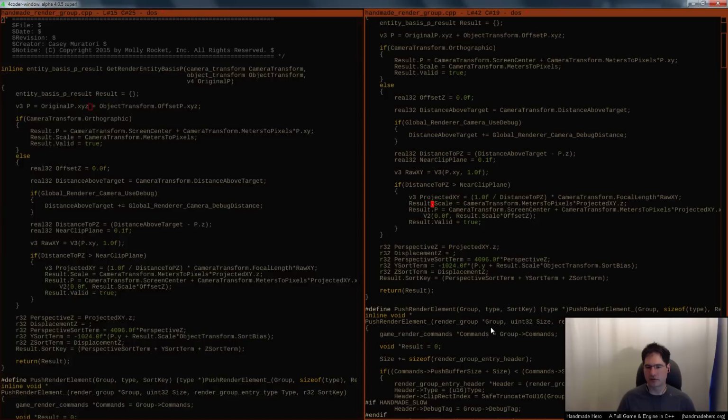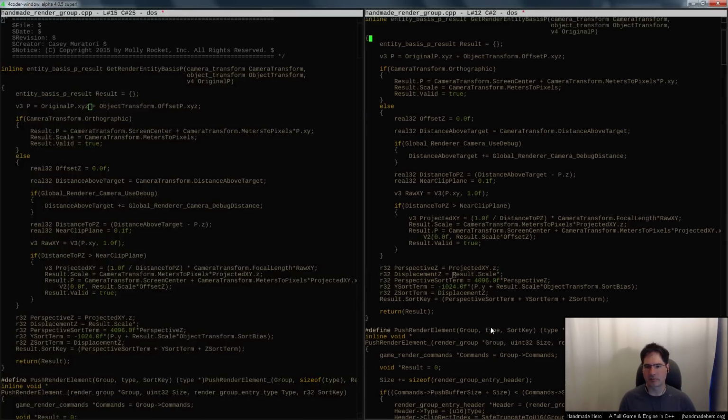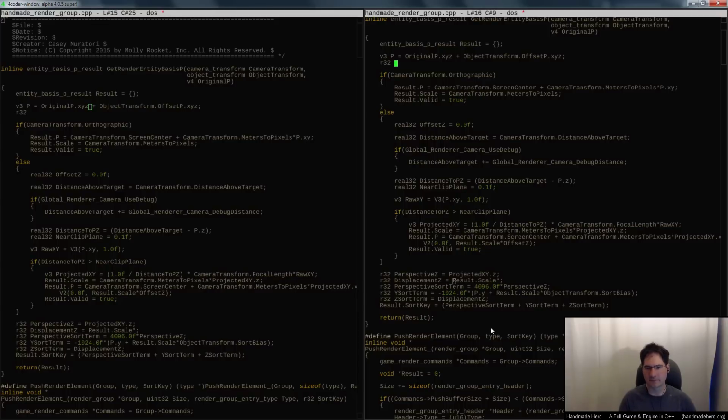So whatever this result scale is here, that result scale is going to be the thing, and I guess that's going to produce this term here. So the Z sort term is really going to be, well, we've already got it set up to do this, but anyway, point being, we've got the result scale. We're going to multiply that by whatever the displacement Z is. So we would just say displacement Z, or yeah, it's the unscaled,